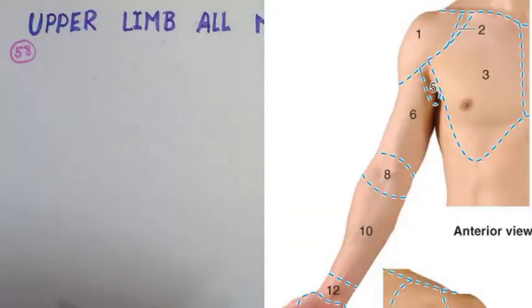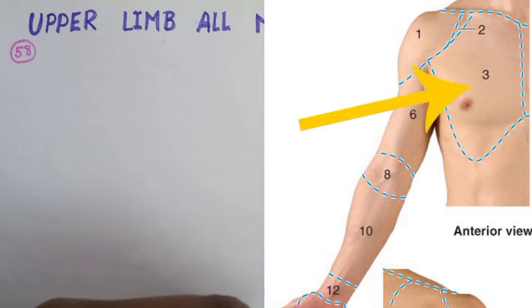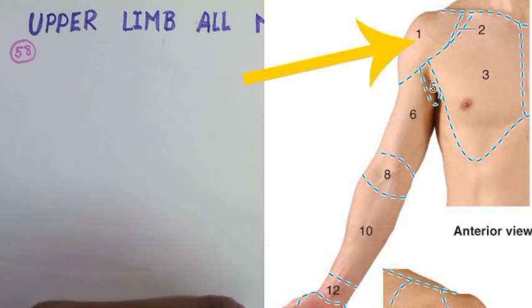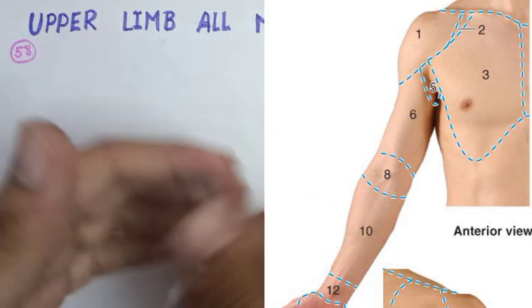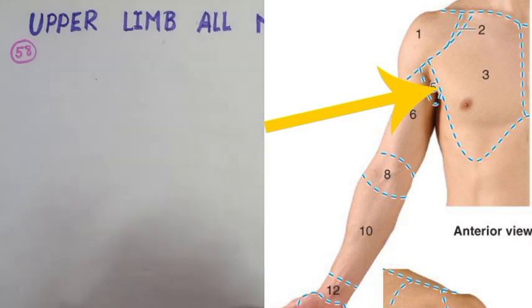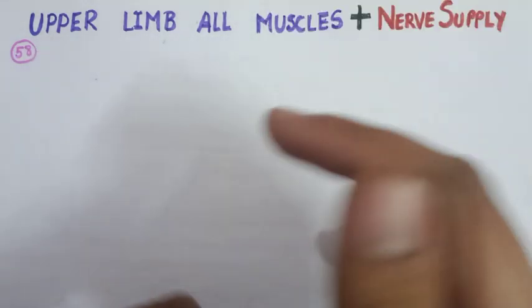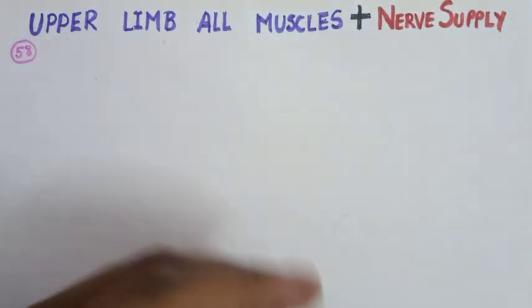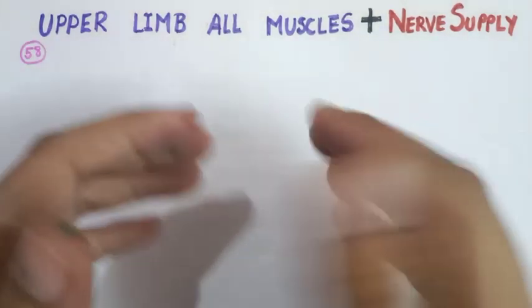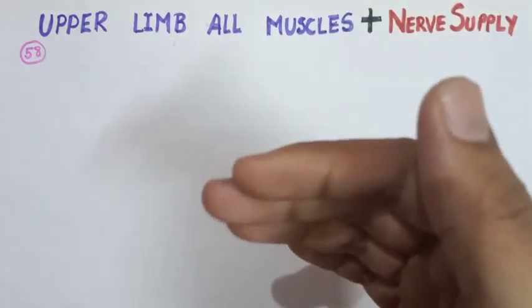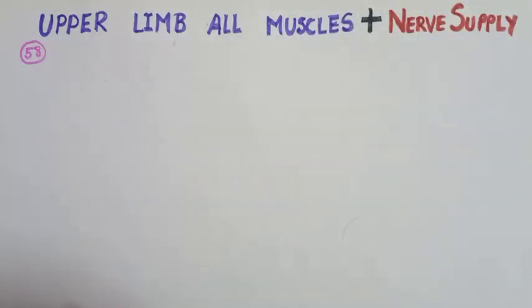In the diagram that you can see over here, the upper limb is divided into several regions. One region you can see near the breast is called the pectoral region. We have the shoulder region, forearm, arm, hand, and along with that we have many further subdivisions, like axillary. But we are not going to discuss the muscles along with all those subdivisions; we have 6 major divisions along which we have to learn the muscle names.